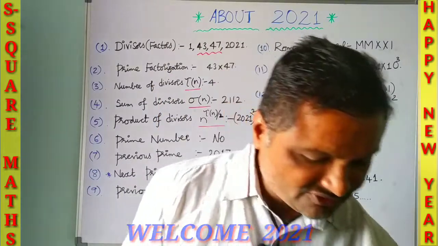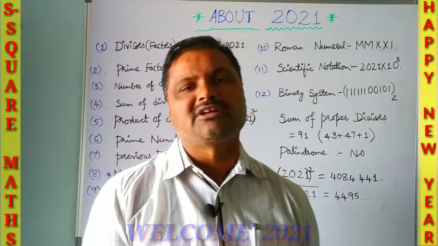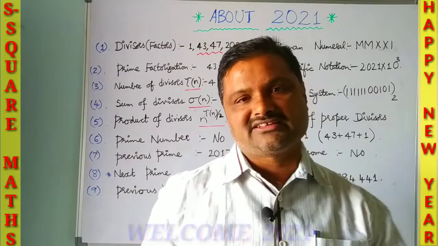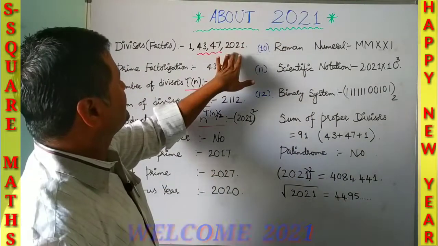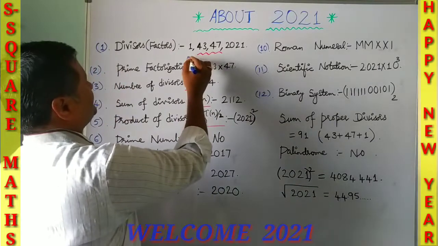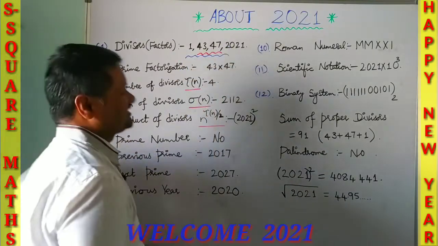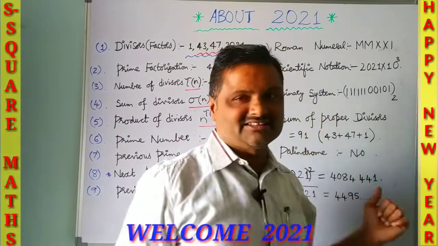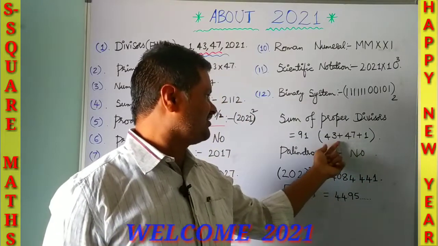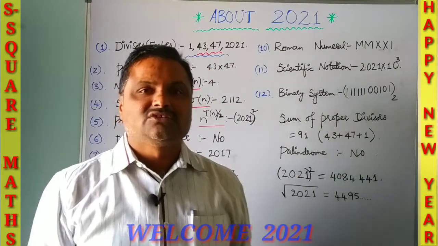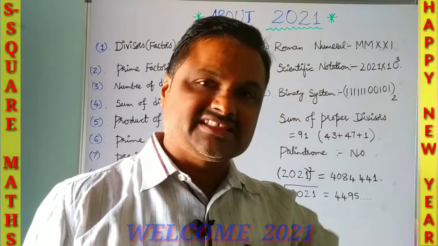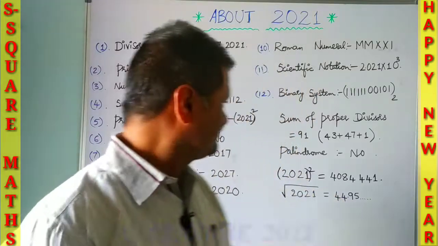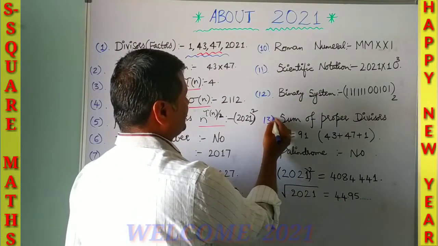Okay, next, sum of the proper divisors. So what do you mean by proper divisors? Except the number itself, the remaining divisors are treated as the proper divisors. So for 2021, here you can find 1, 43 and 47 are the proper divisors. What is their sum now? Sum of proper divisors is nothing but if you add 1, 47 and 43, you are going to get 91. So the definition of proper divisors is nothing but except the given number, the remaining factors of the given number are treated as proper divisors. So this comes under the 13th observation.